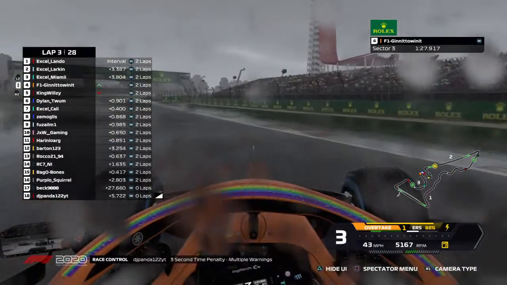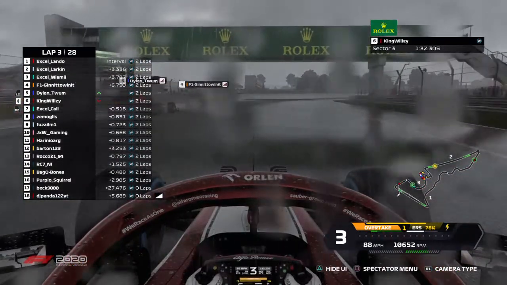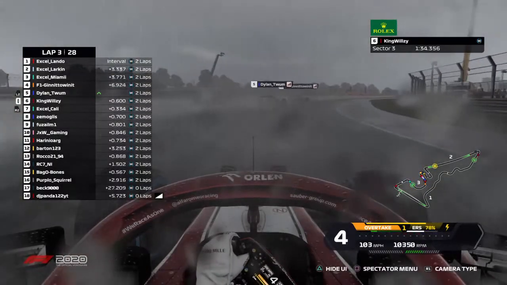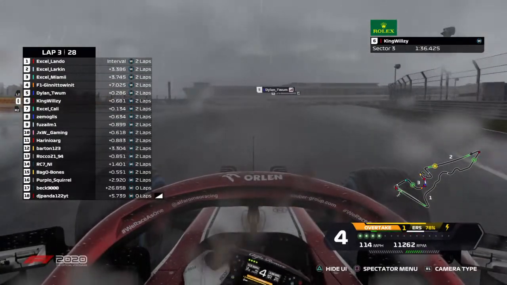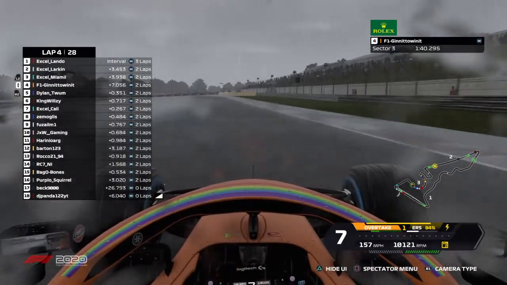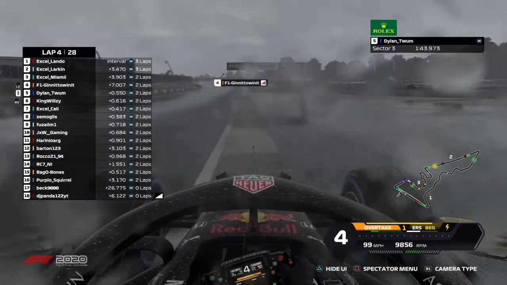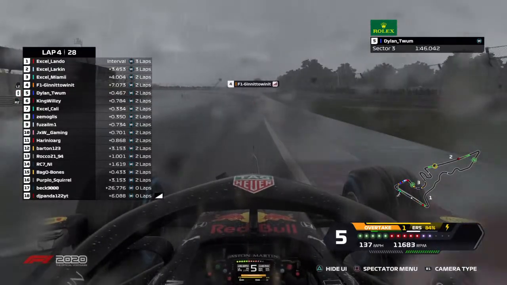Almost contact between the Alfa Romeo and the McLaren drivers, but Jinnit's finally going to get that move done. King Wilsey just shoved off track. Jinnit showing what King Wilsey tried to do to him at turn 12. Dylan is going to be through as well, but now Jinnit might ever so slightly be struggling. He's lost an extra 3 seconds because of that battle with Wilsey in the top 3, but right now